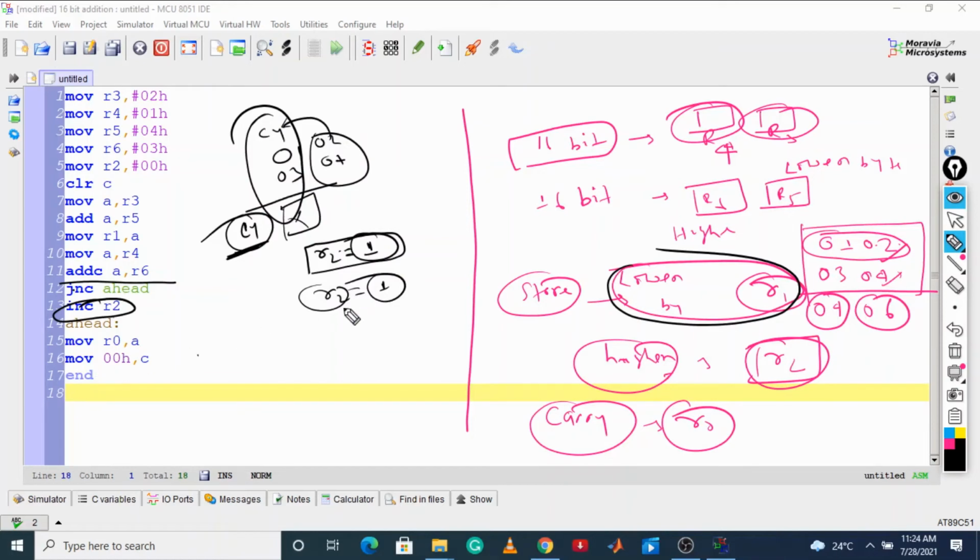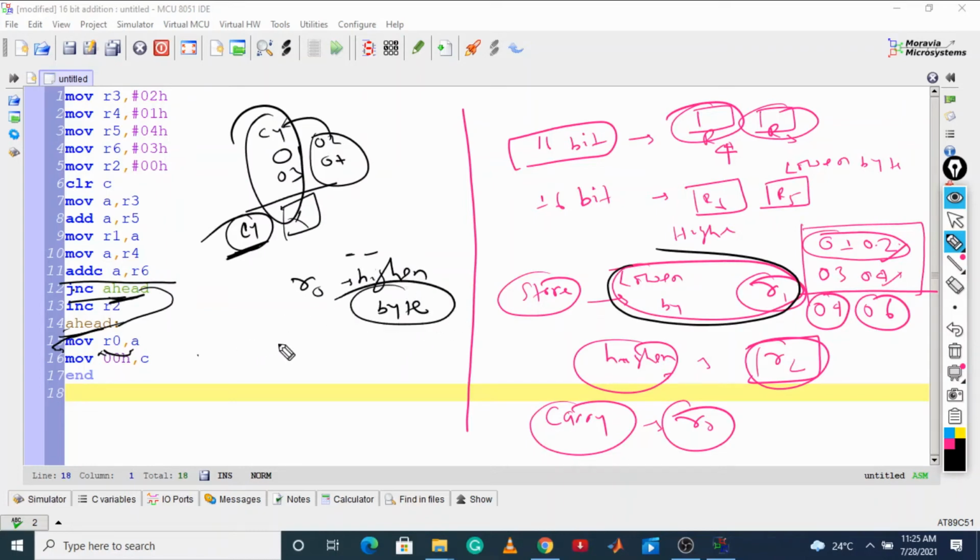Otherwise, if there is no carry, this program is going to jump to this label, and what it will do is just store your accumulator to R0, meaning R0 will be holding my higher byte.